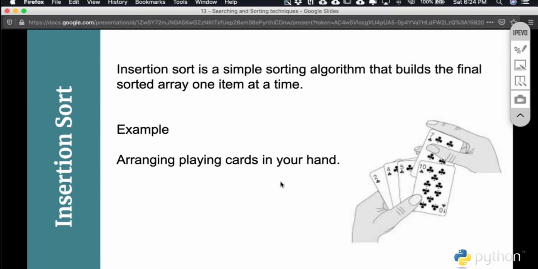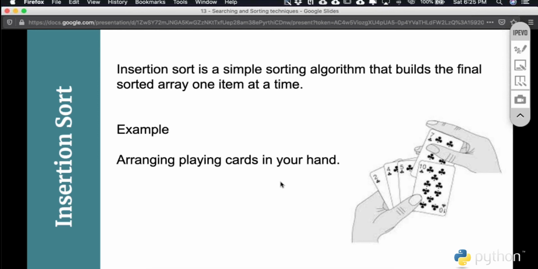Every suit has 13 cards, and these cards can be arranged. Generally the arrangement starts from 2 and goes up to the Ace in ascending order: 2, 3, 4, 5, 6, 7, 8, 9, 10, Jack, Queen, King, and Ace. This is the kind of suit we generally have. Now, if you are placing cards into your left hand, from the deck you pick one card and place it in hand, because you are considering only one element that is already sorted. Now you pick another card and try to insert it at the correct place.